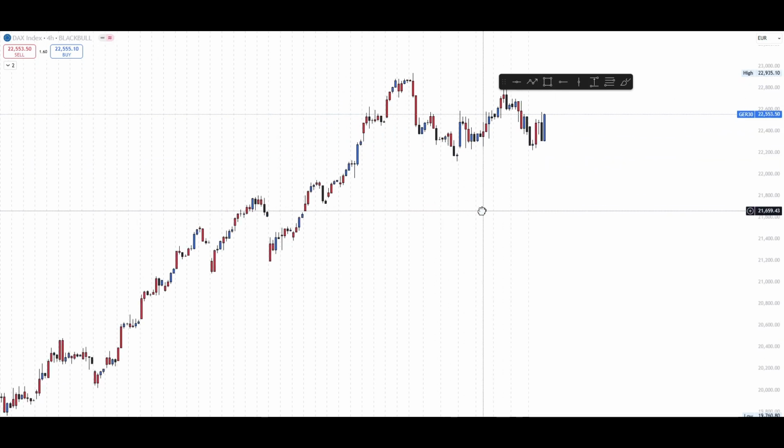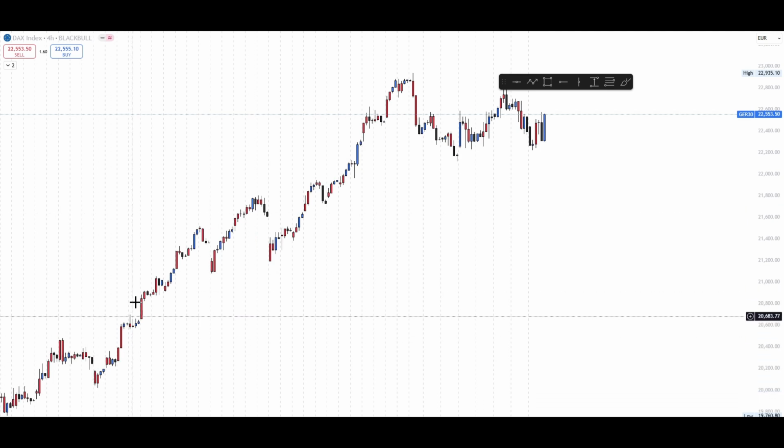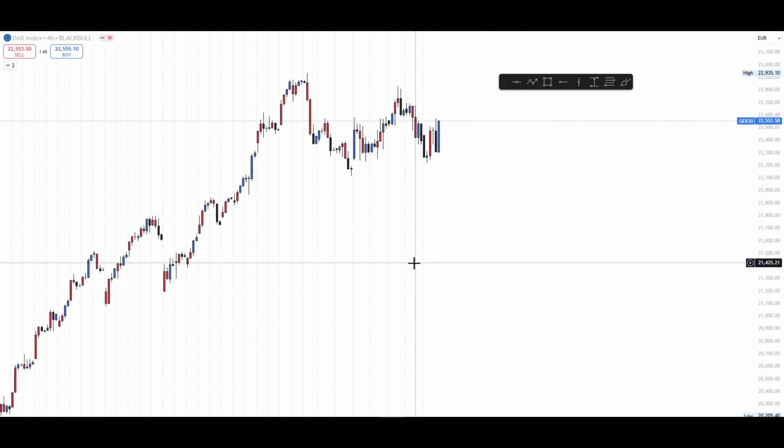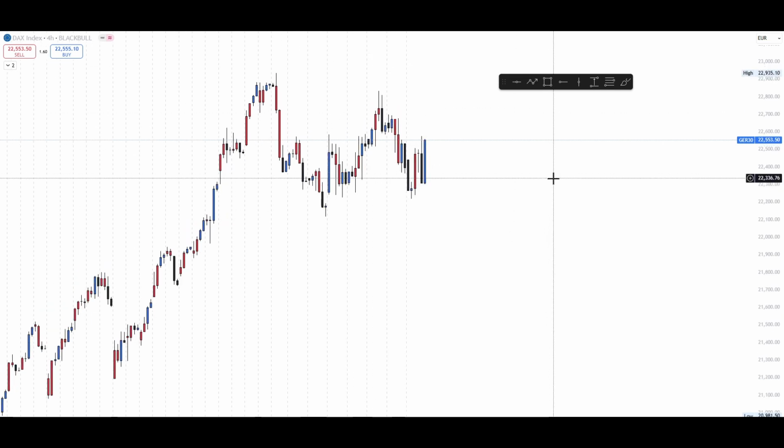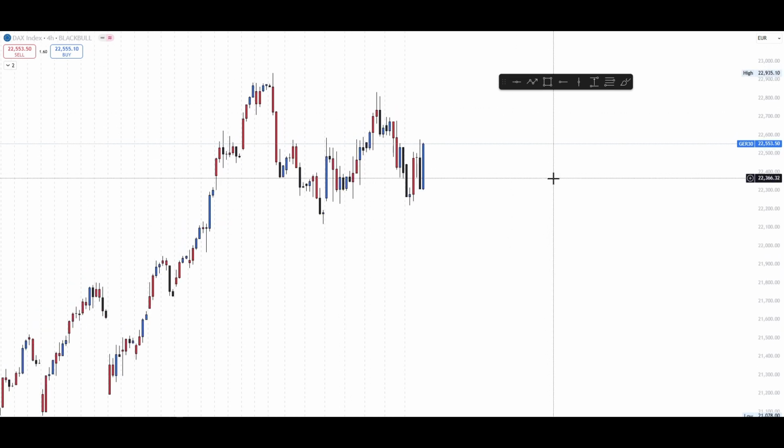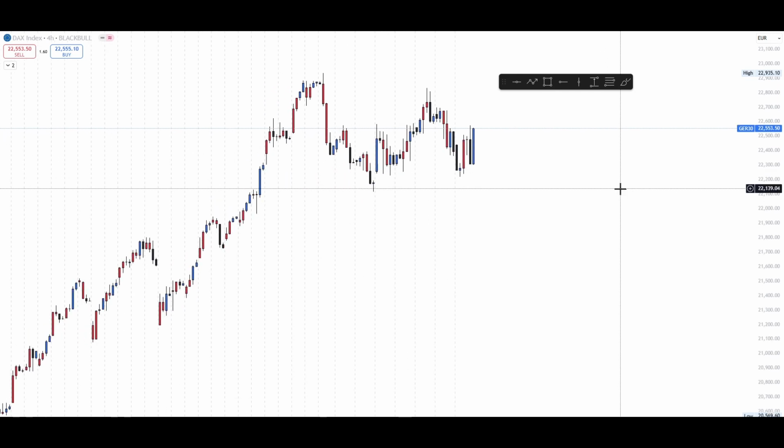So we know the market has been bullish, and then we are actually looking for buys if the market is bullish. If the market is bearish, we're only looking for sells as well. So I'm gonna implement my strategy on the chart,